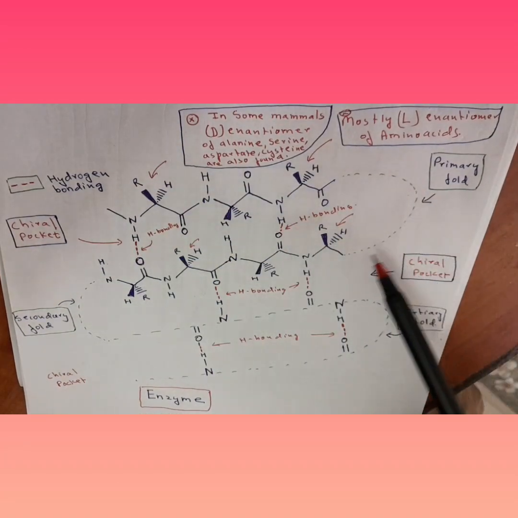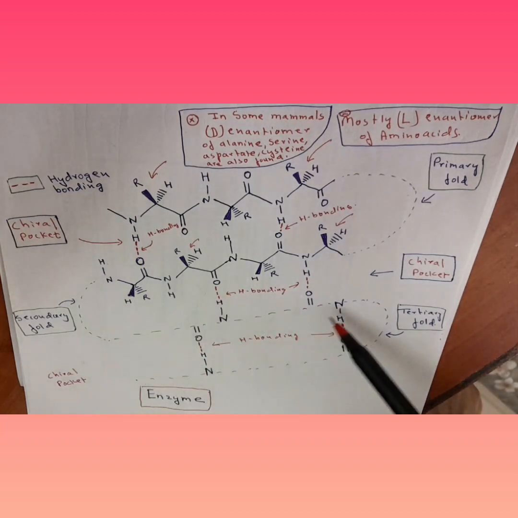Alright, so how is it important? Enzymes, we know, are very significant for us, for wear and tear of our cells. It's responsible for homeostasis. Alright, so now let's see how hydrogen bonding is involved there in catalysis or biocatalysis or enzymes. We have already seen in my earlier videos, enzymes take primary fold and then secondary fold and tertiary fold,